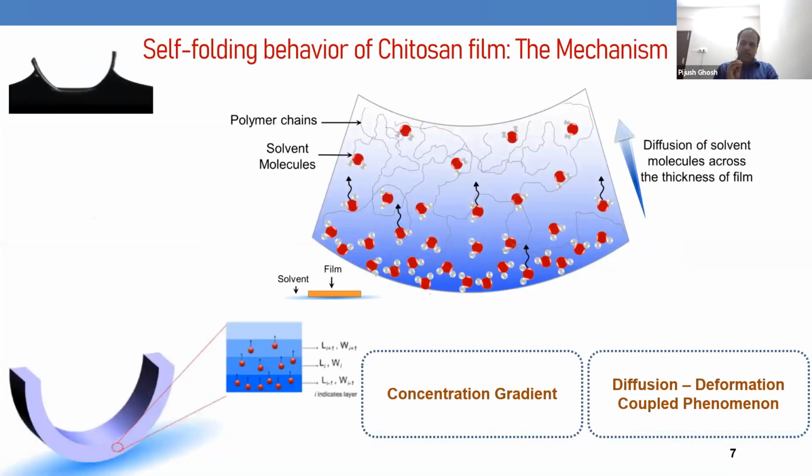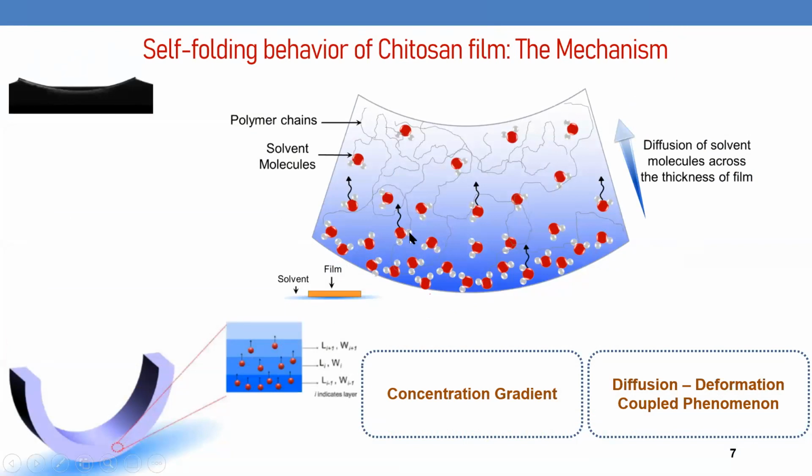Now, let me go slightly into the details of what exactly is happening when we are seeing this folding. Now, imagine this film to be kept on a solvent, and assume a thickness from somewhere in the middle. Let's say this is the bottom and this is the top. Let me take my pointer. Yeah, so this is the bottom and this is the top, and the solvent is going from the bottom to the top. So when the polymer comes into the proximity of the solvent molecules at the bottom,